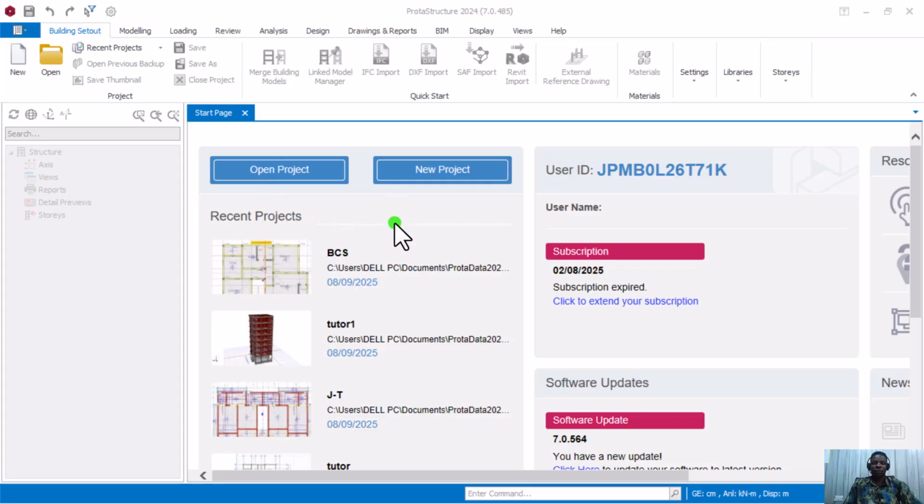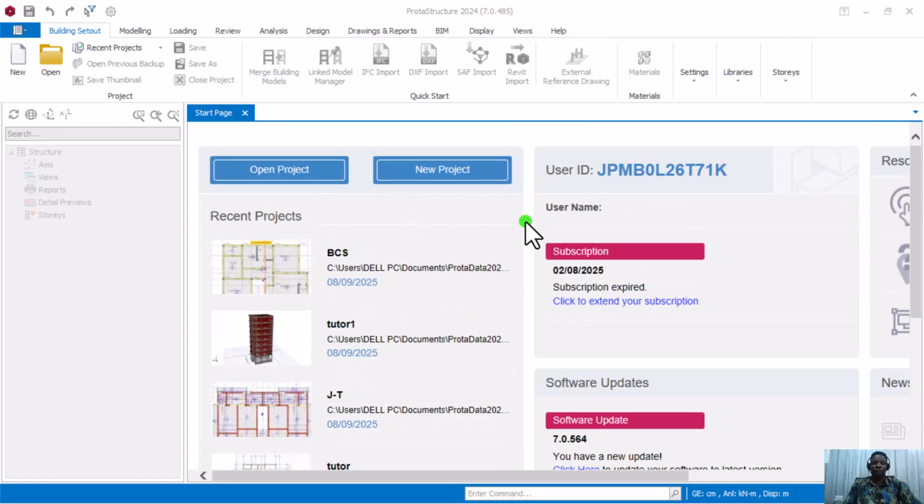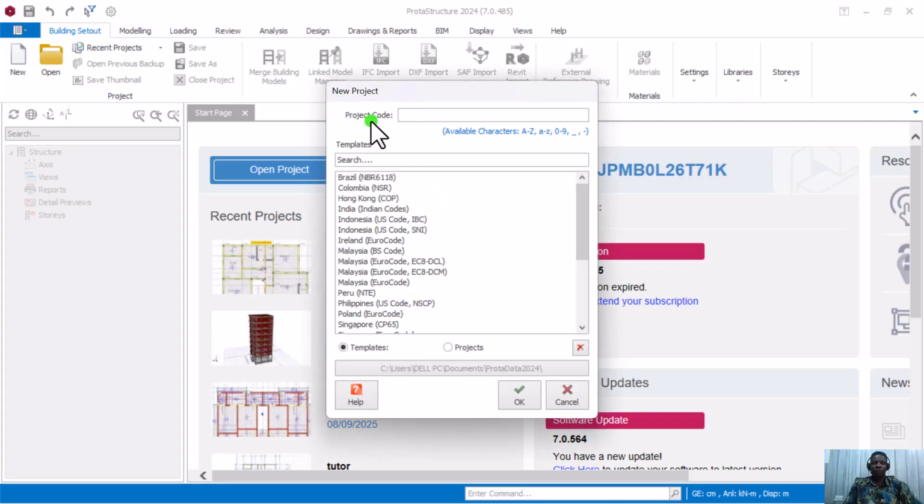In the recent projects, you can see other projects that have been done, but in this case we are looking at new project, since we want to start up a new task. Each time you want to do a new task, you have to click on new project. When you click new project, you have to wait a bit. You can see the new project dialog and the project code. Project code in the sense that you want to put the project title. You can just type any project title. Let's just say tooth to be our project title, but in a real case, you have to put the main title